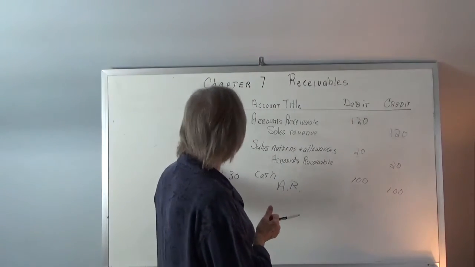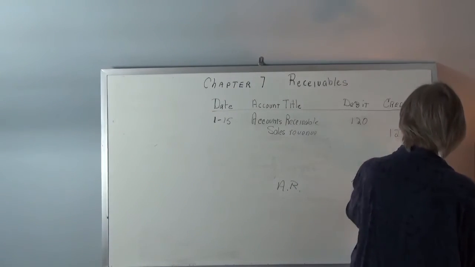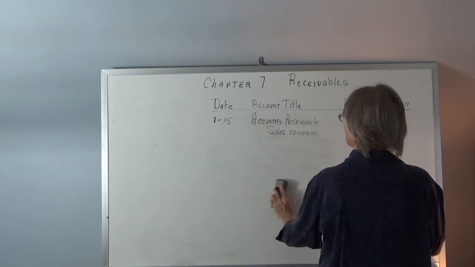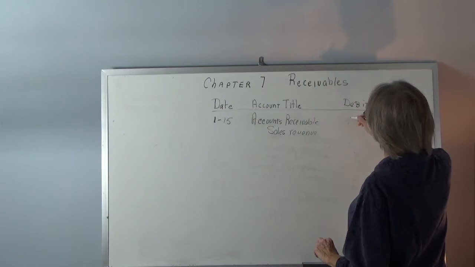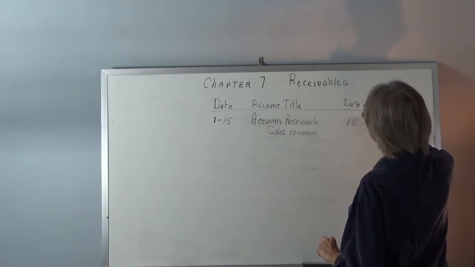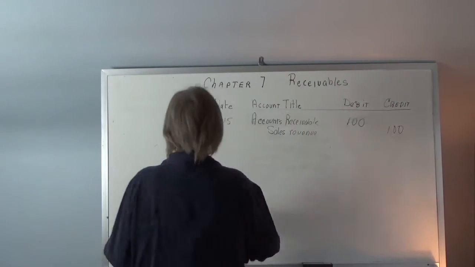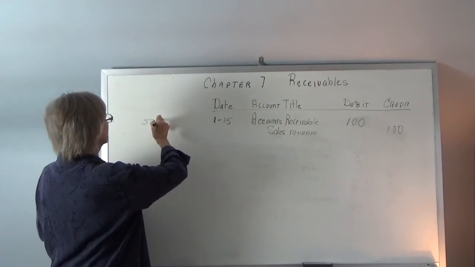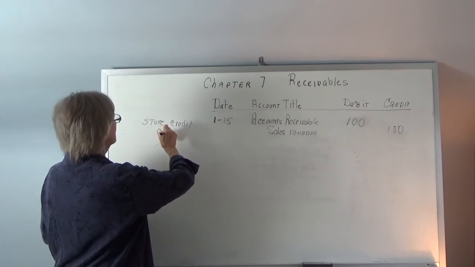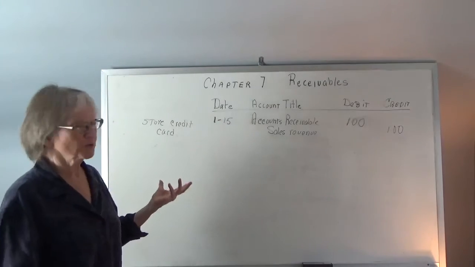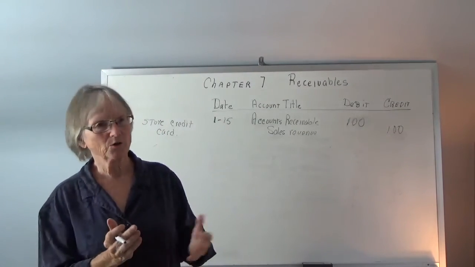So let's start with the store credit card. And the store credit card would be accounted for just the same as a regular old accounts receivable. Okay, so I'm just gonna change this to, they just bought something for $100. So this would be if it's a store credit card. And the only thing you have to know about that is that, say the terms were net 30 and they hadn't paid by the 15th of the following month,